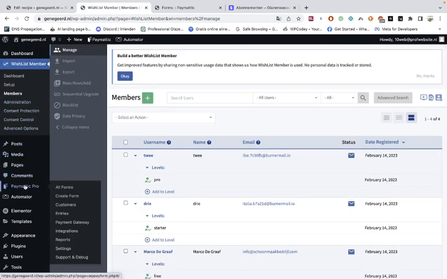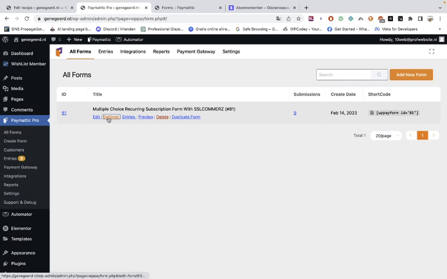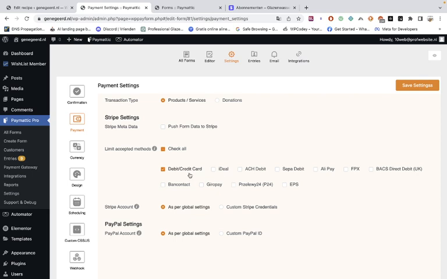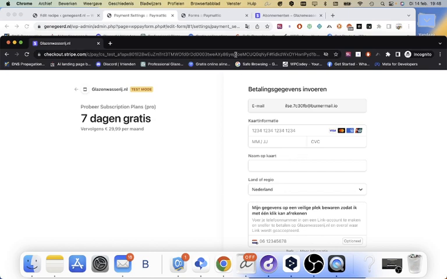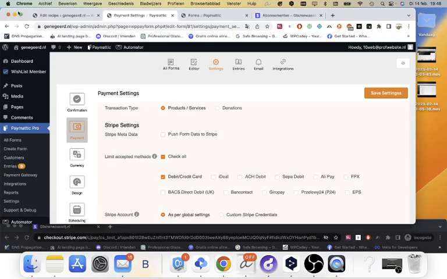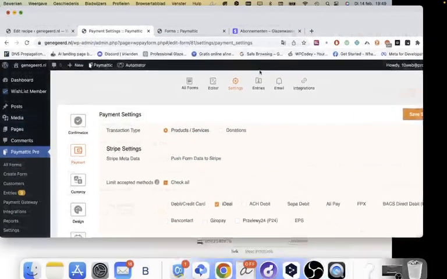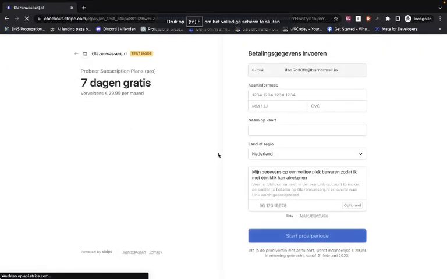But the other thing that I wanted to show you is that when you go into the settings and to the payments, you see here that it's credit card, and this is what I told you in here. Now you can see here the credit card, and you can check whatever you want. Now use Stripe, because that is what we have set up in this tutorial. When we check it off, then we can choose for ideal and save the settings, and now it will work with the ideal. So let's just try it once again,